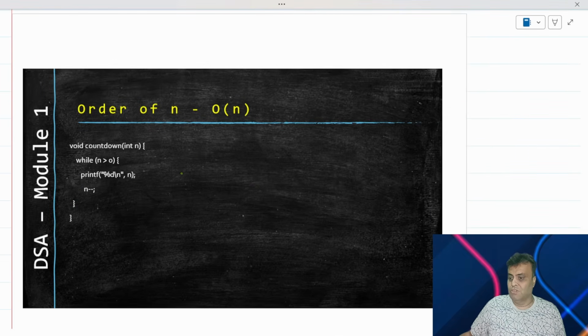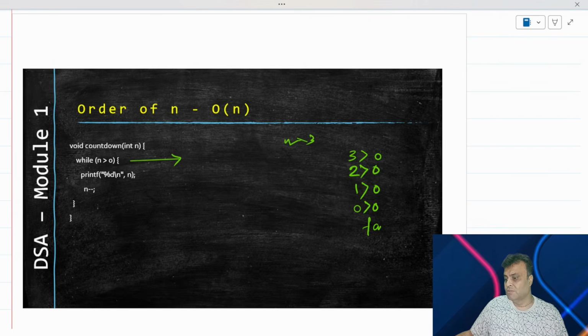Let us quickly check this one also. This is a countdown timer and we are not incrementing, we are decrementing n, right? So what happens if we decrement n? How does it change is what I wanted to make you understand. So from a time complexity standpoint, let us see this while n greater than 0 will execute itself. Let us say that my n is 3. So at first it will check 3 greater than 0. Then it will check 2 greater than 0. Then it will check 1 greater than 0. Then it will check 0 greater than 0 and it will come out, right? So 0 greater than 0 will generate a false.